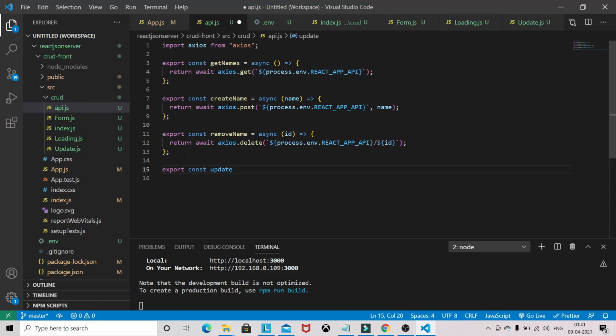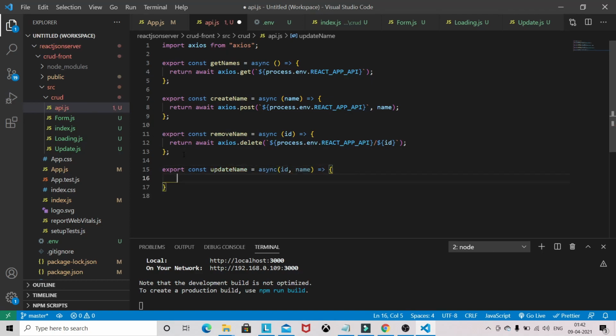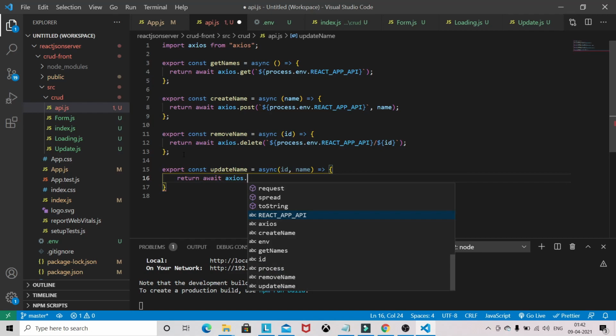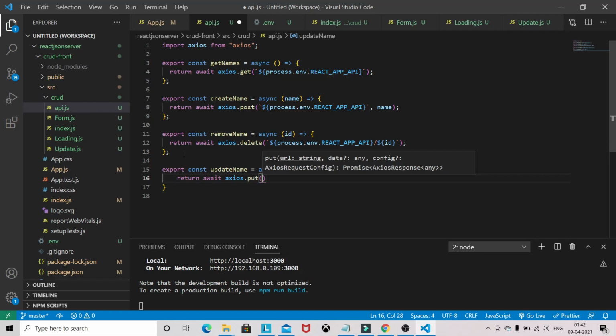So update, not route, I mean we have to specify the API. So updateName, we need the ID plus the entire name. So return await axios.put.